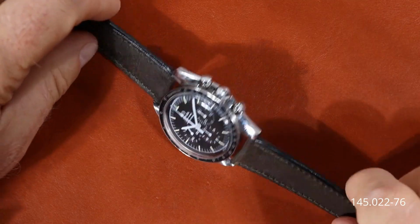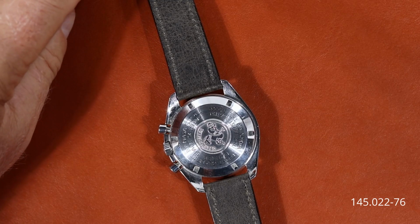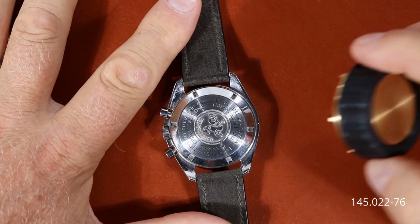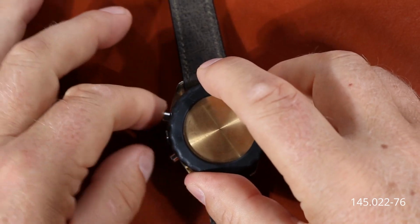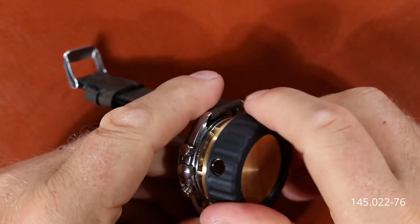Now, whenever you buy a watch, you have to identify it, and by identify it, you have to be sure what it is, because it's quite possible to buy a Speedmaster with a Lemania movement in it. And how do I know? Because I've done it. And we undo the back